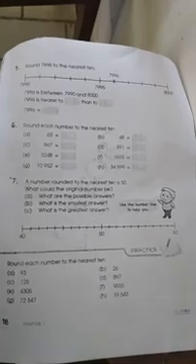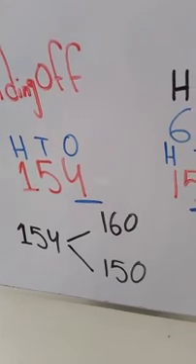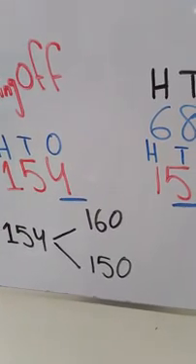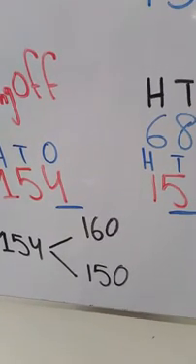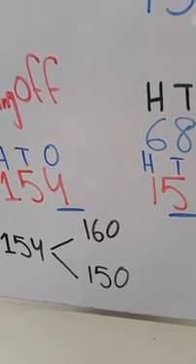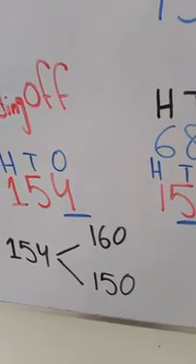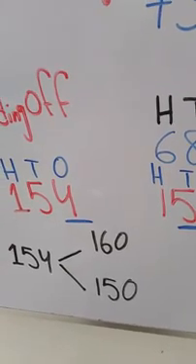So I hope you all have a clear idea how to round off numbers to the nearest 10. So now we are going to start the same topic, but the topic is rounding numbers to the nearest 100. Now in the last lecture I introduced the topic rounding numbers to the nearest 10. Today we are going to start rounding numbers to the nearest 100. Now how do we round to the nearest 100?